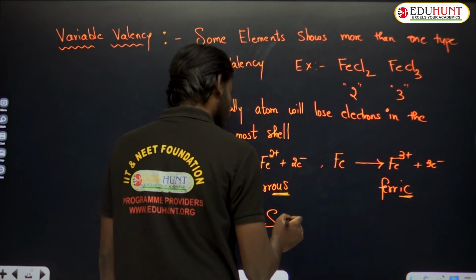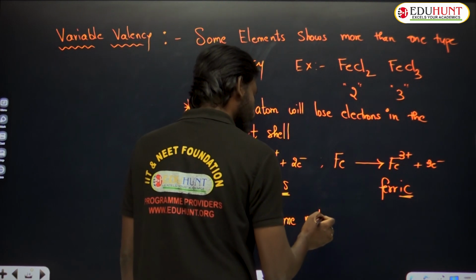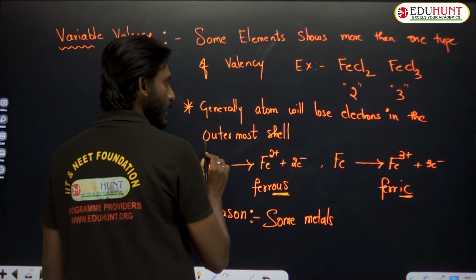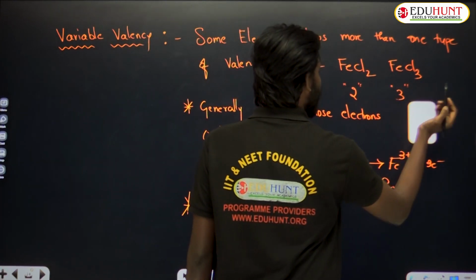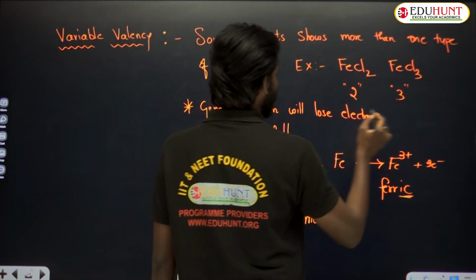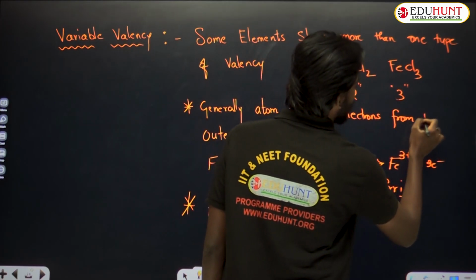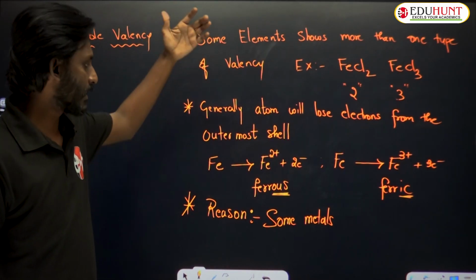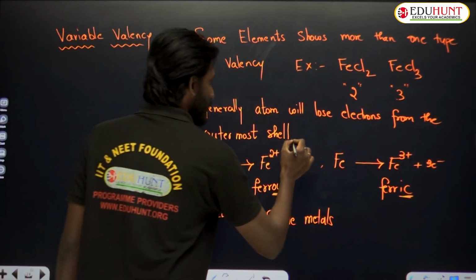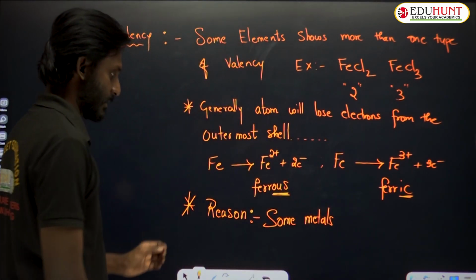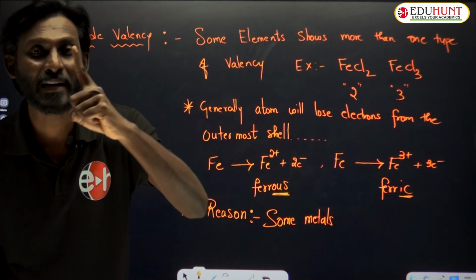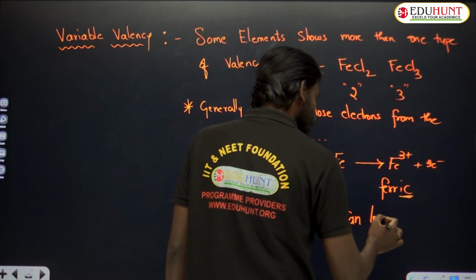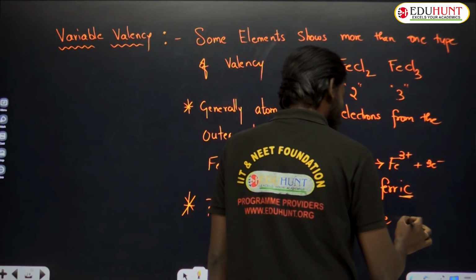some metals, okay, generally atom will lose electrons from the... okay, now that's looking better. Generally atom will lose electrons from the outermost shell. This is the general fact. Okay, but some metals, I'm saying metals, okay, some metals can lose electrons